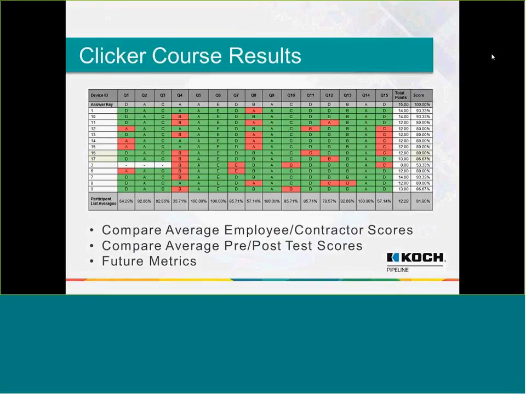And some of the future metrics we're really hoping to start measuring now that this pilot year is up, especially with that HR data integrated, is going to be able to compare trends. Is there some location? People in different states, are they understanding things in a different way? Are there certain job titles or certain roles that do well on certain topics more than others? Is there a supervisor trend that we're noticing? The experience level and retention from the previous years. And you can learn a lot about your facilitators in this way.